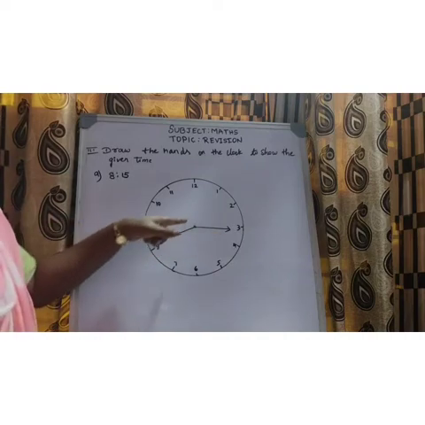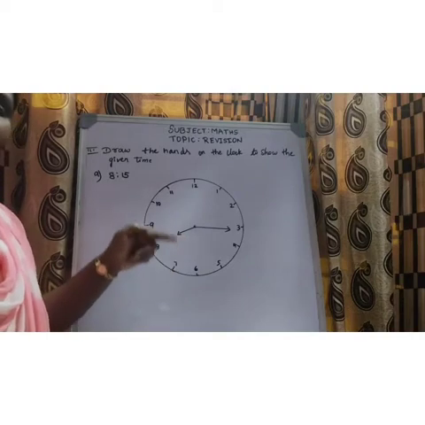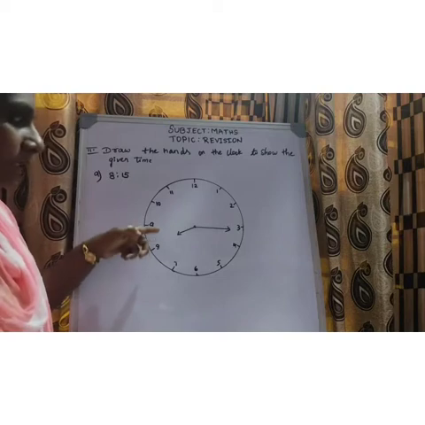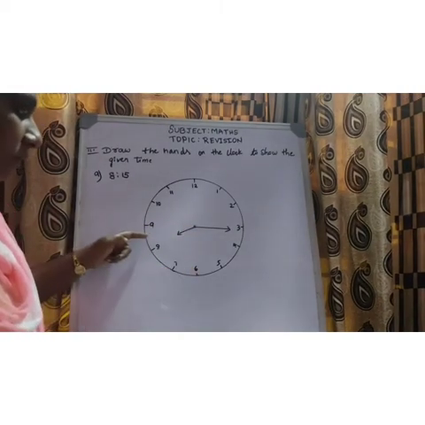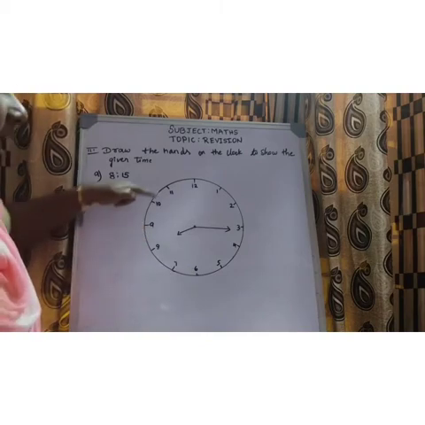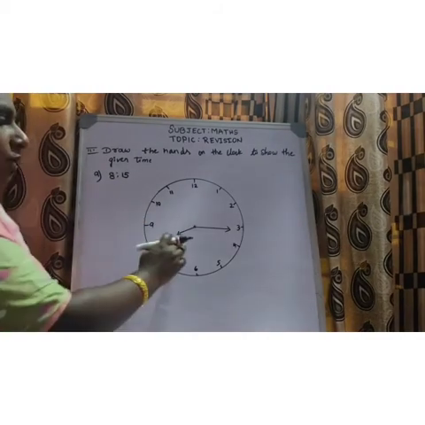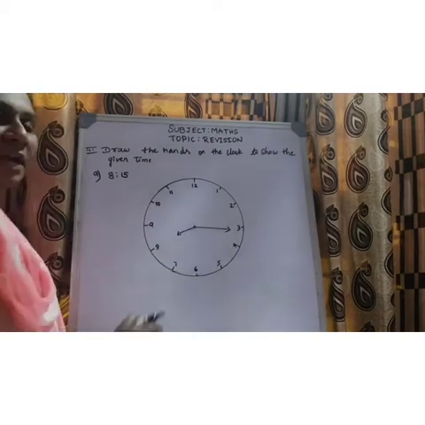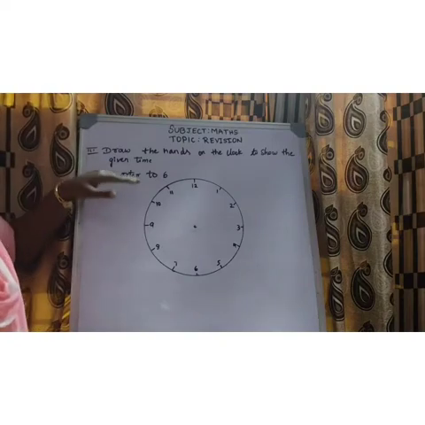So it is 15 minutes. Along with the minute hand, the hour hand also moves, right? But it moves slowly. So it will be moved a little. For 15 minutes, it will be moved a little. For 30 minutes, it will be in between. And for 45 minutes, it will be near 9. And for 9 o'clock, it will be exactly at 9. Okay, understood, children? So the time shown here is 8:15, and the hour hand is at 8 and the minute hand is at 3.